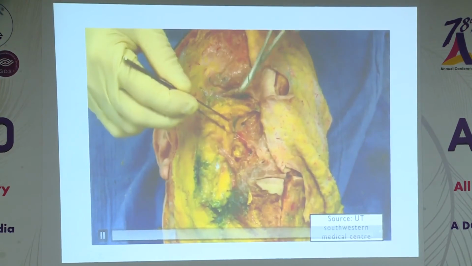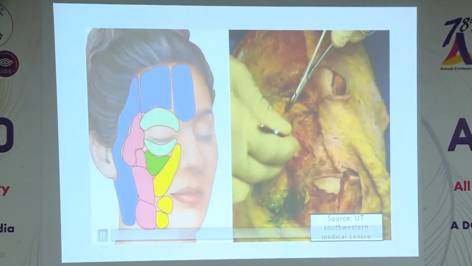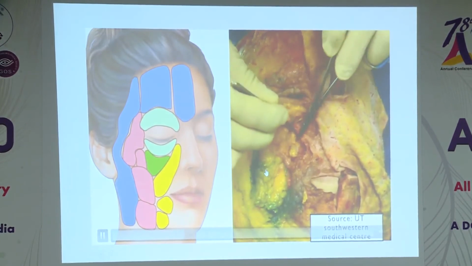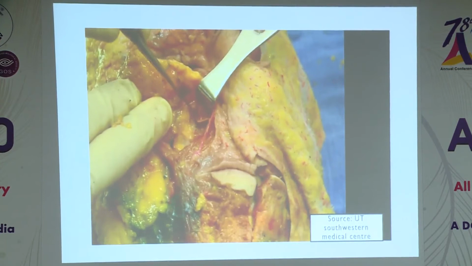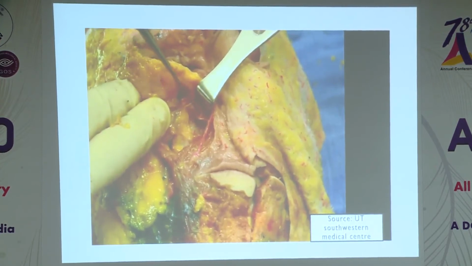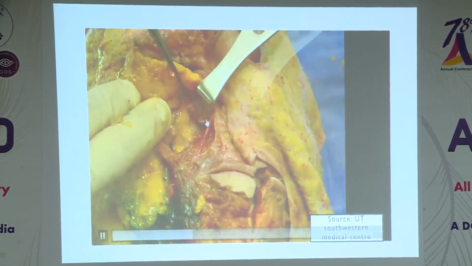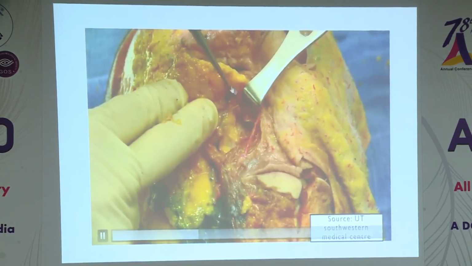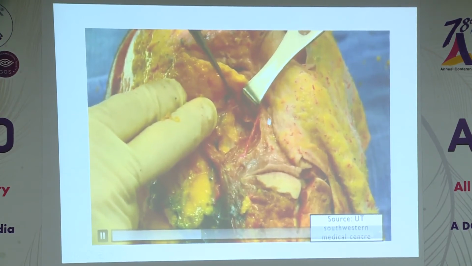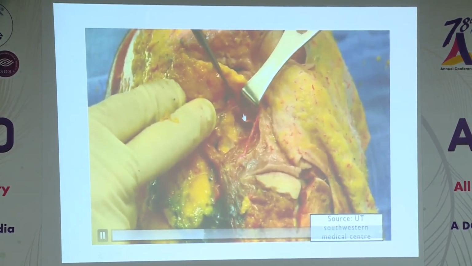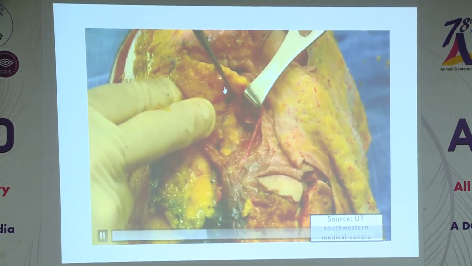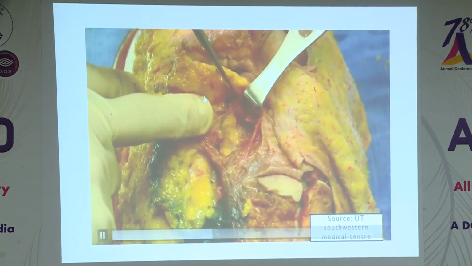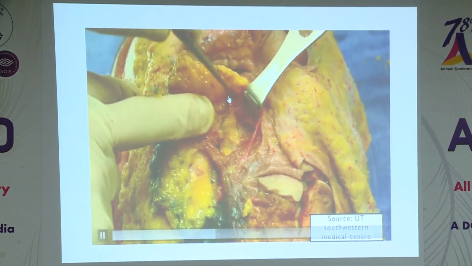Below that are the deep fat compartments. They are the superior, middle and inferior malar fat compartments. When you are giving injections, in females you usually inject at the zygomatic eminence and in males at the malar eminence. So when you are injecting, be careful of these infraorbital nerves and vessels. Especially in cases of males, when you are injecting here, don't go medially because of the infraorbital nerves and vessels which are present here. So if you want to fill up the deformity, inject laterally and massage the filler medially. That is more advisable.